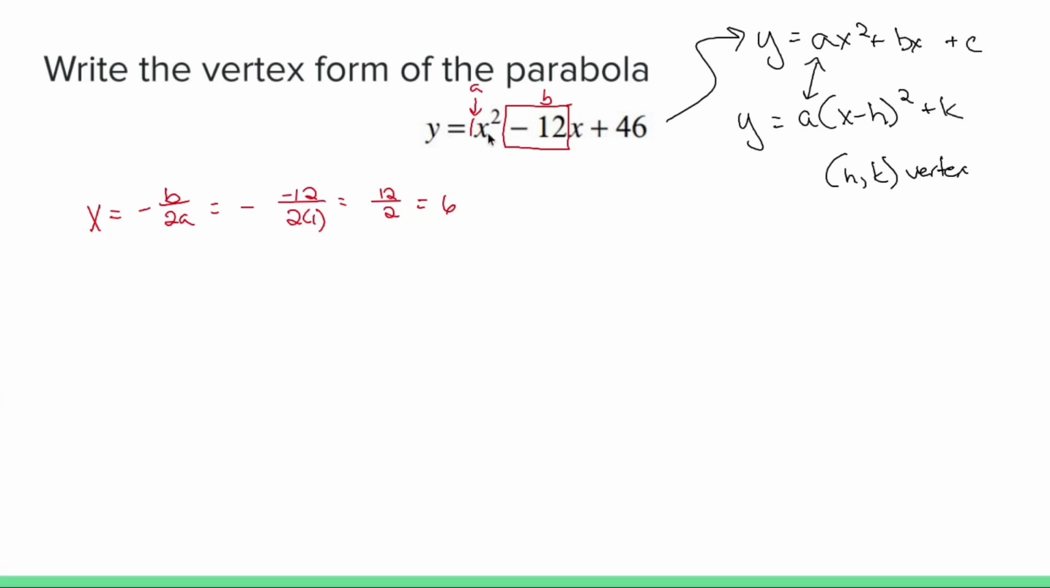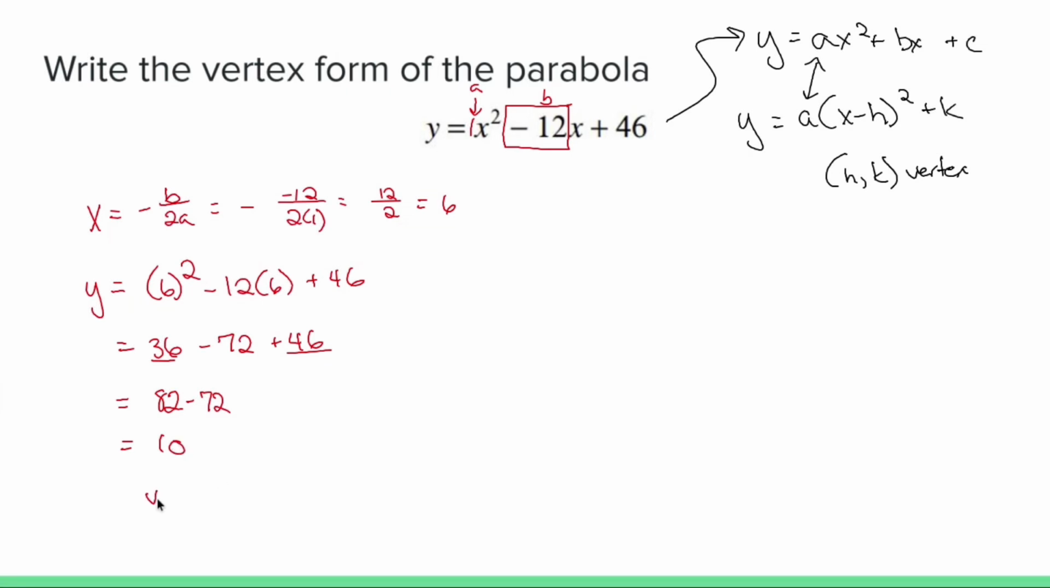In order to find the k value, which is my y, I'm going to replace x with 6 and solve. So the y value of my vertex is going to be 6 squared minus 12 times 6 plus 46. That becomes 36 minus 72 plus 46. Let's add the two positives together because that'll be easier. 36 plus 46 is 82. 82 minus 72 is 10. Which means my vertex